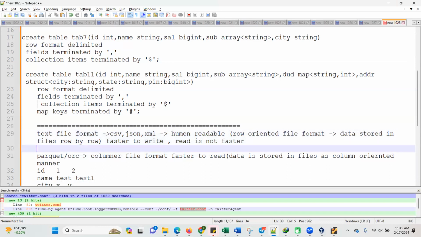And another row-oriented format is Avro. Avro is a very popular file format in Hadoop, right? Hive is supporting, Spark is supporting. So Avro is also a row-oriented file format. Okay, means faster to write. And the advantage of Avro is